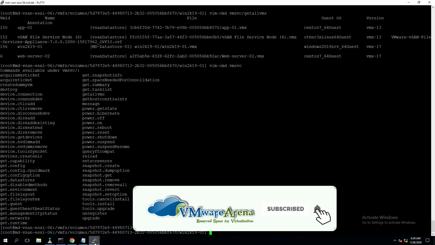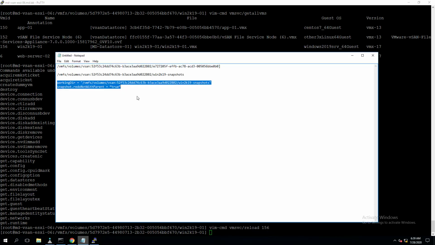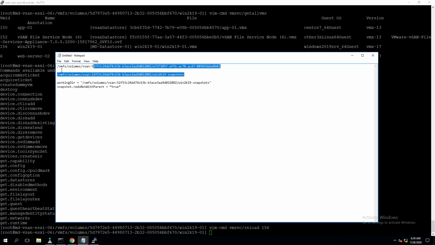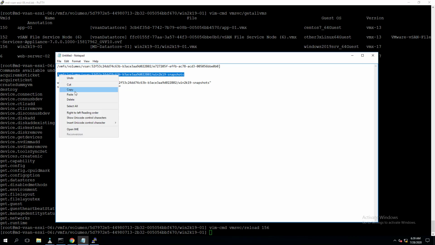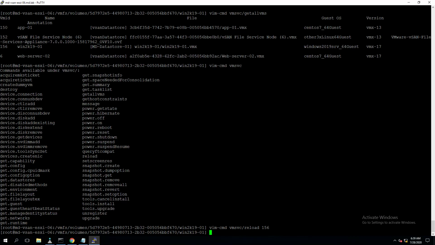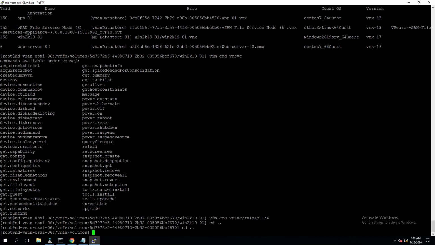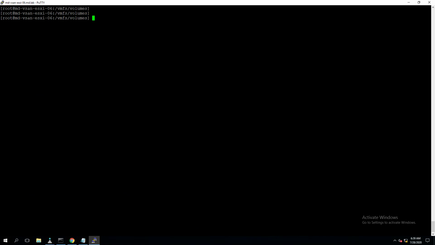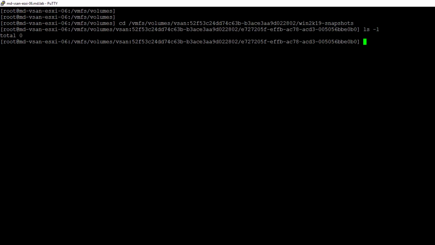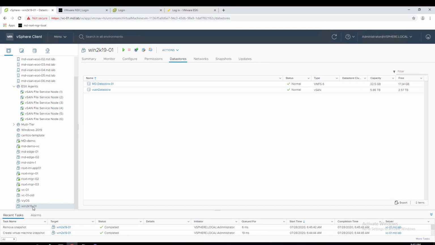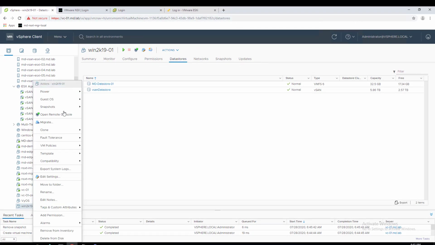If you click on the virtual machine, now we can see two different data stores, because we have specified the working directory. Even though the virtual machine is stored in one data store, it shows two data stores in the virtual machine data store view. Okay, so let's go to the temporary work directory, the new working directory which we specified via the configuration. Just ensure that no files are created now, so there are no files inside the directory. Let's go back to vCenter and take the snapshot. Then we'll validate whether the snapshot files are created or not.